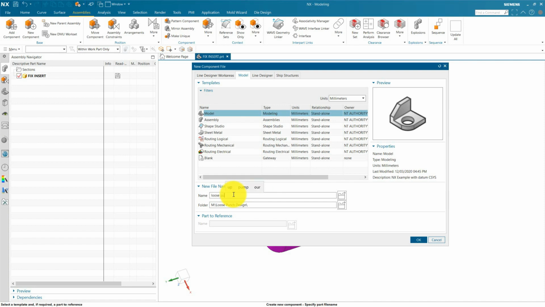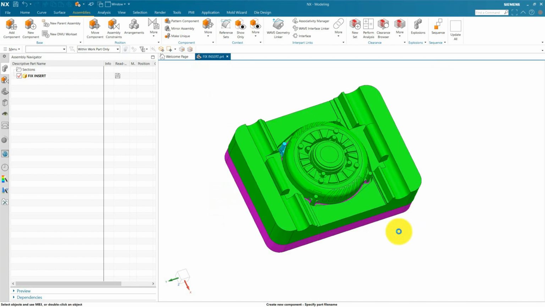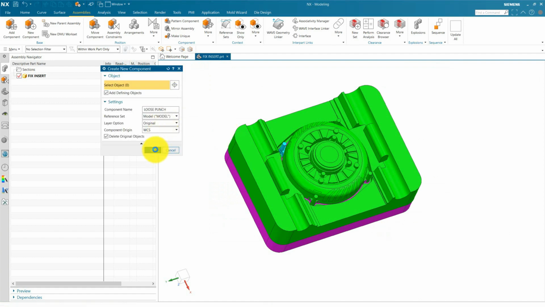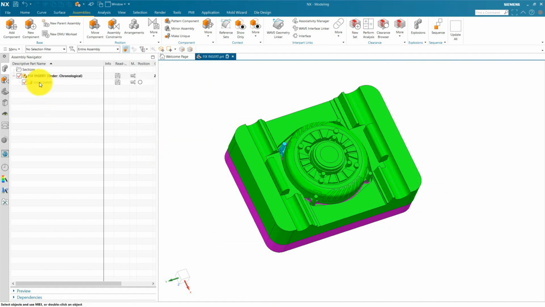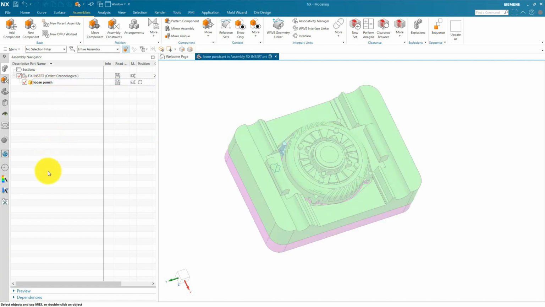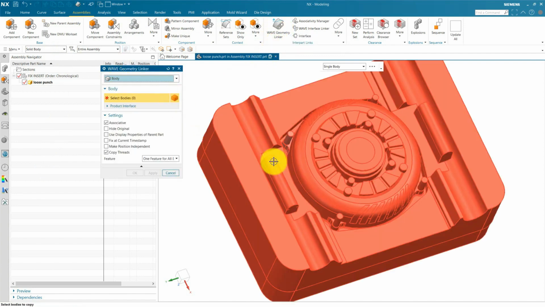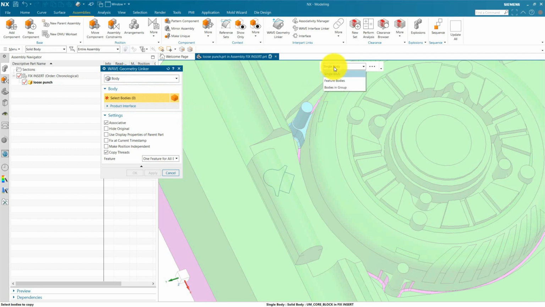You can say loose punch or loose insert, both are the same. Press OK and press OK. Now you can see the loose punch is created. Now activate this loose punch part and go to WAVE geometry linker and link this solid body.